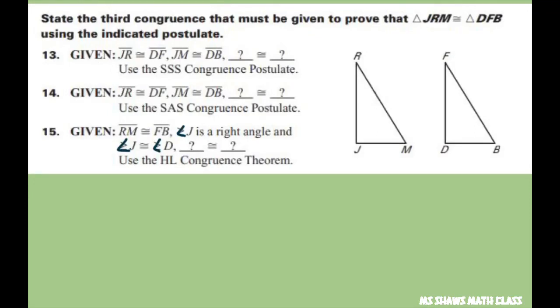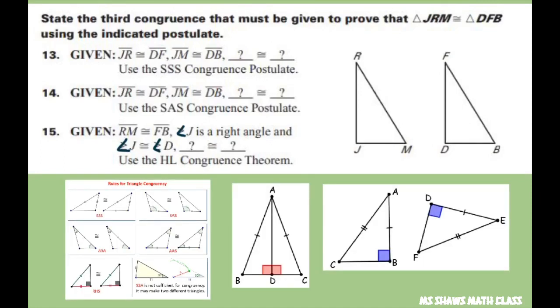Hi everyone, we're going to state the third congruence that must be given to prove that triangle JRM is congruent to triangle DFB using the indicated postulates. So we get started. The first one we want to use is the side-side-side congruence postulate, which means all the